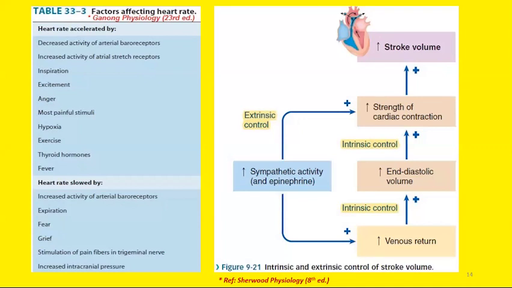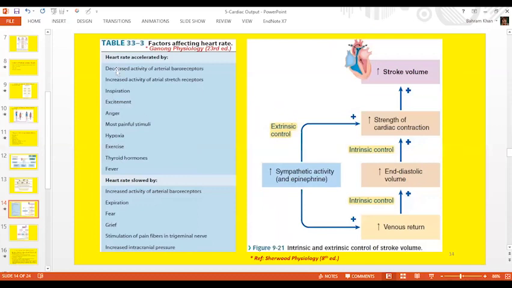And the other factor that may increase the force of contractility is sympathetic stimulation by epinephrine or adrenaline. So if you stimulate the heart with epinephrine, this will promote cardiac contractility, and this will cause an increase in the stroke volume as well. So remember,